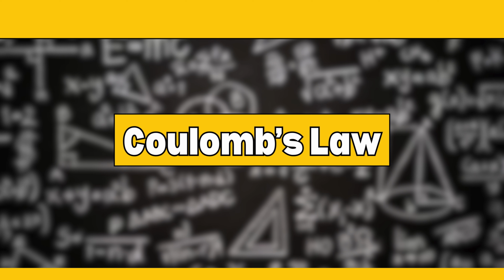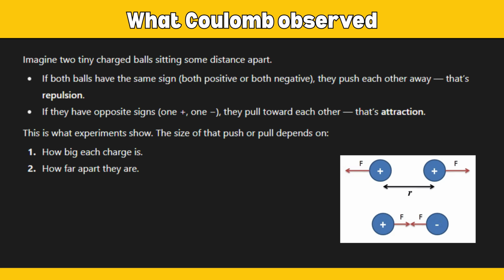through something called Coulomb's law. Imagine two tiny charged balls. If both balls carry the same sign of charge, either both positive or both negative, they push each other away. That's repulsion. If they have opposite signs, one positive and one negative, they pull toward each other. That's attraction. The size of this force depends on two things: the amount of charge on each ball and the